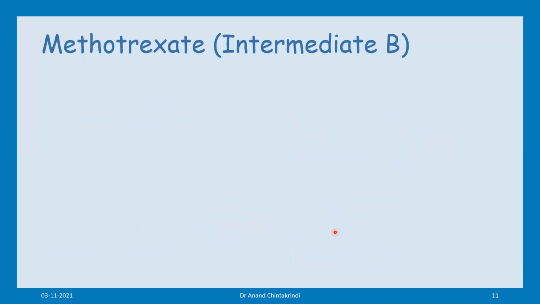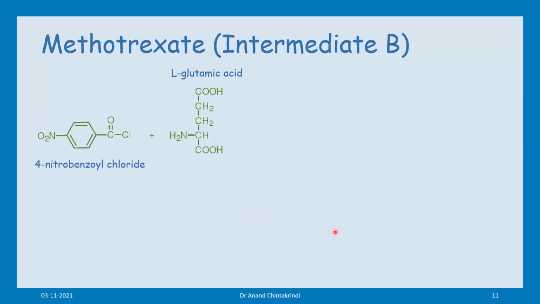Now the next part of the synthesis of methotrexate is intermediate B. To start with, 4-nitrobenzoyl. This is a benzoyl; whenever you see the O, you should have the presence of a carbonyl. So distinguish between benzyl and benzoyl: the additional O indicates the presence of a carbonyl group. 4-nitrobenzoyl chloride, which you combine with L-glutamic acid, an amino acid, to form this amide,